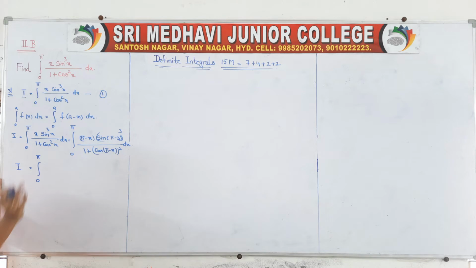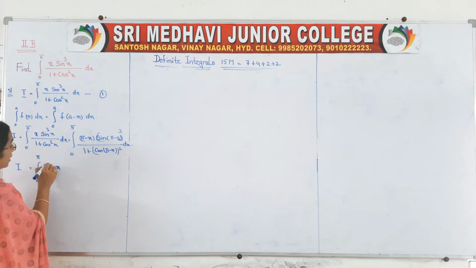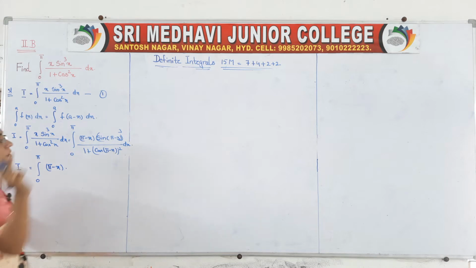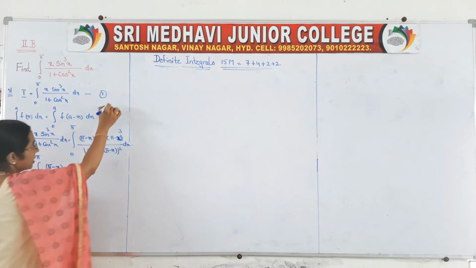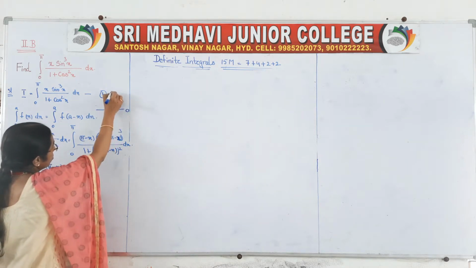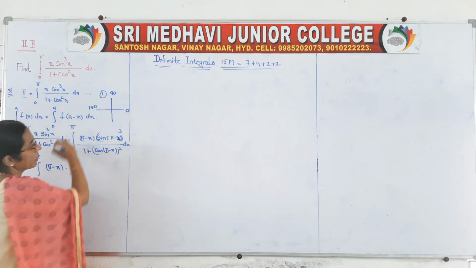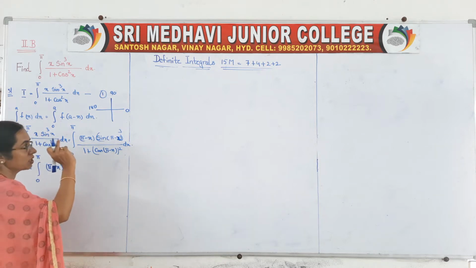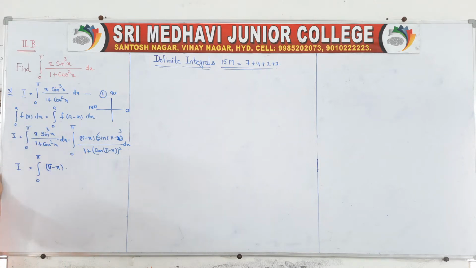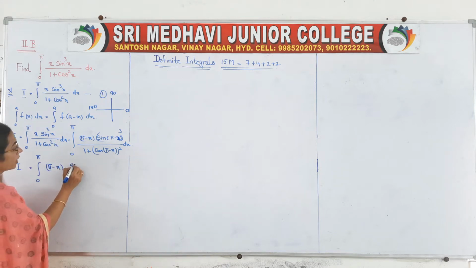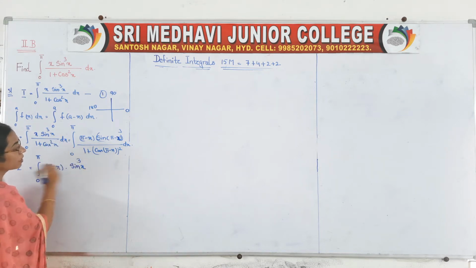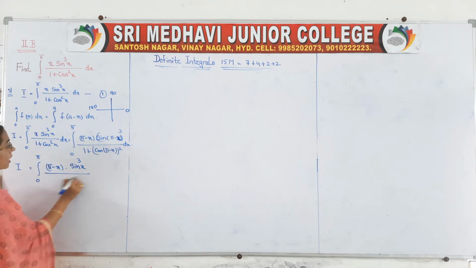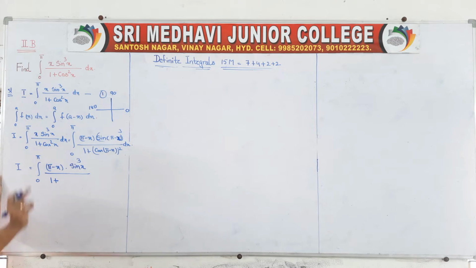Now pi minus x, so 180 minus theta, right? Already I said to you, this is 0, this is 90, this is 180. So 180 minus theta means second quadrant. In the second quadrant sine is positive, and for 180 plus or minus theta the ratio does not change. So it will be sin cube x divided by 1 plus, same, cos of pi minus x, 180 minus theta.